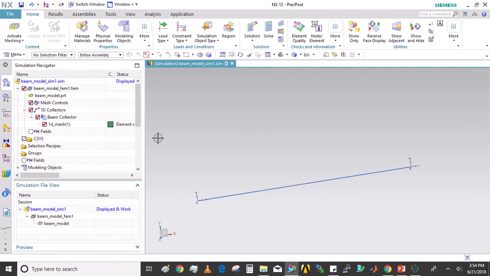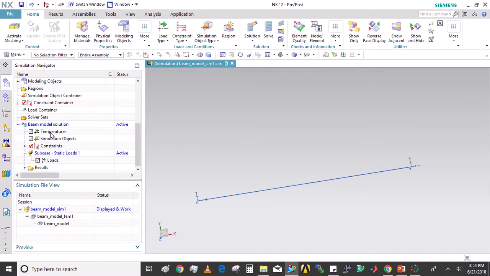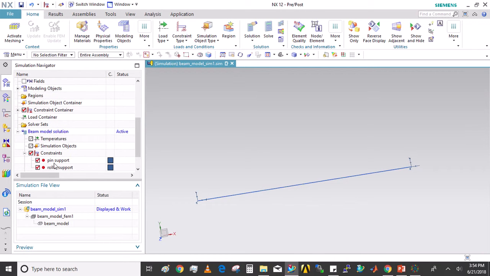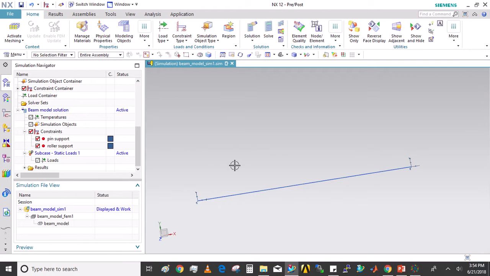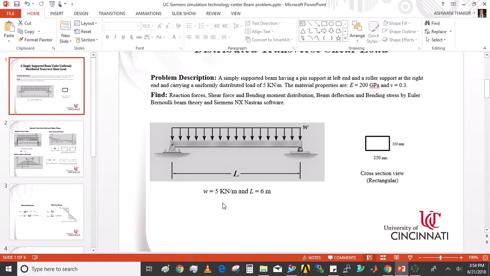Again we'll press OK. We'll see here under beam model solution, you have two constraints, pin support and the roller support. The next thing is to apply load. As we can see here, the load is 5 kilonewton per meter. Usually the load is in the units of newtons or kilogram force, but this is load per unit length, which is how the load is applied on beams.